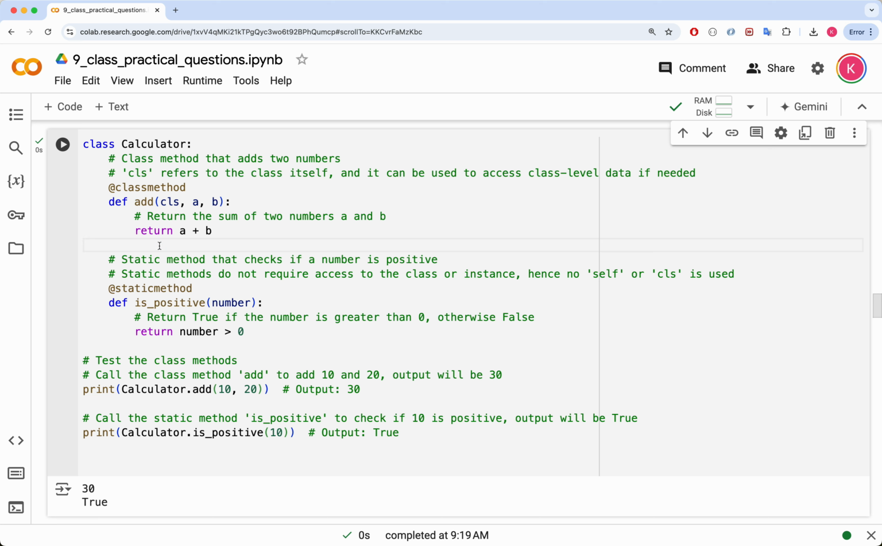The class method add is defined with the @classmethod decorator, which means it is associated with the class itself rather than an instance of the class. The cls parameter refers to the class and is used when you need to interact with class-level data or methods. In this case, we don't use cls directly, but it still allows us to call add using the class name, Calculator.add(10, 20), instead of creating an object. The method simply returns the sum of two numbers, demonstrating how class methods can encapsulate behavior without being tied to